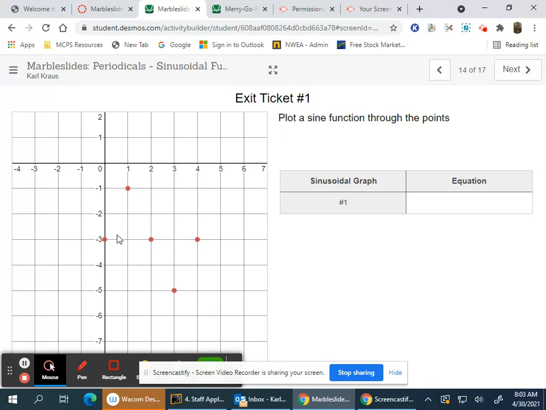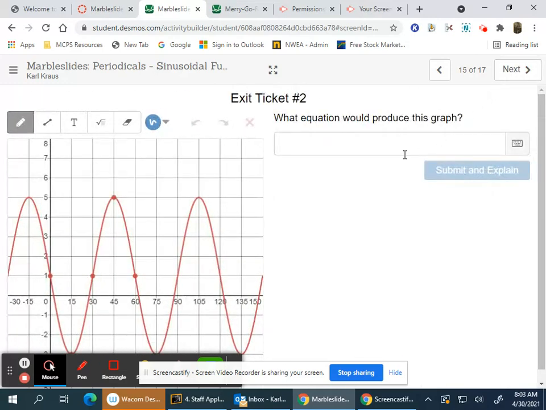So for your exit ticket, once again, you want to find the amplitude. Your period, your B value would be, this period is 4. So 360 divided by 4, the B value is 90 there. The amplitude is 2, and the center line -3. You want to write the equation for that. And then for this exit ticket 2,